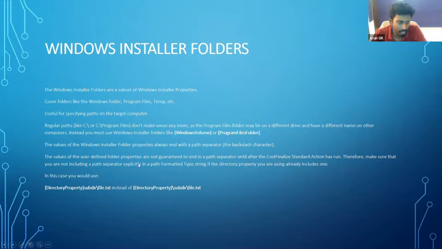Like this we can use the Windows folders, and you need not end with the path separator. It is built in, it already ends with the path separator, so there is no need to add a path separator at the end of the directory property, as in the example below.